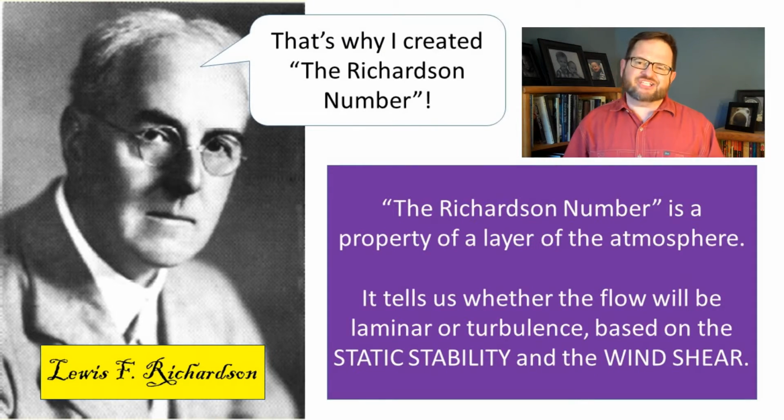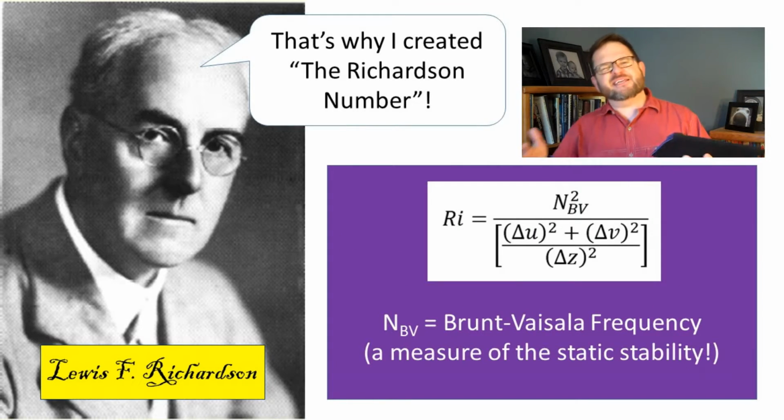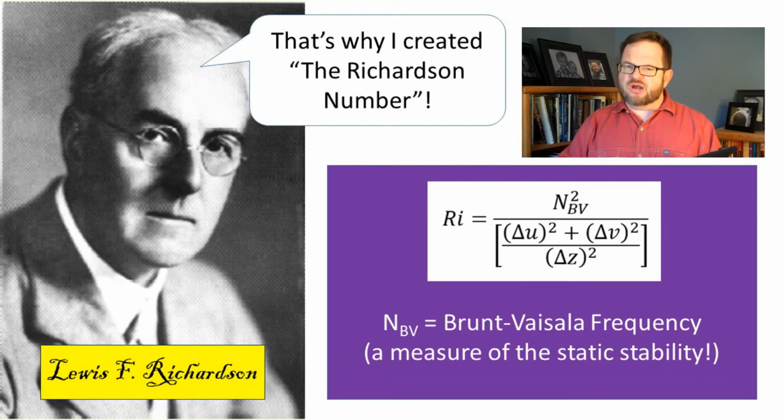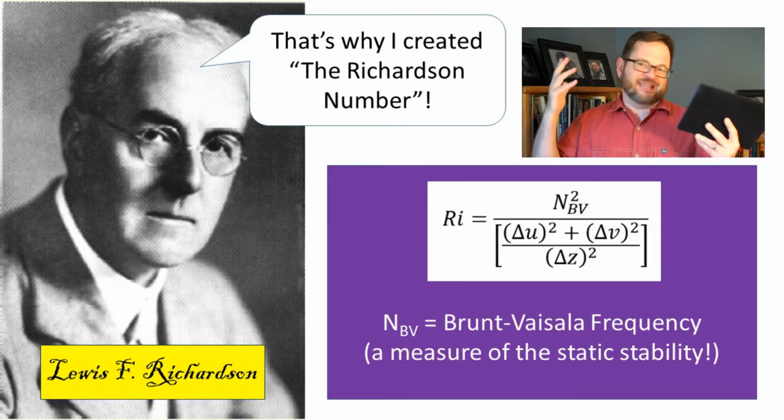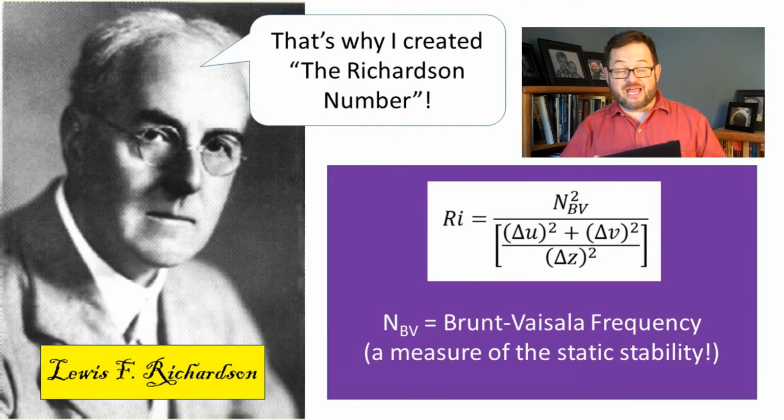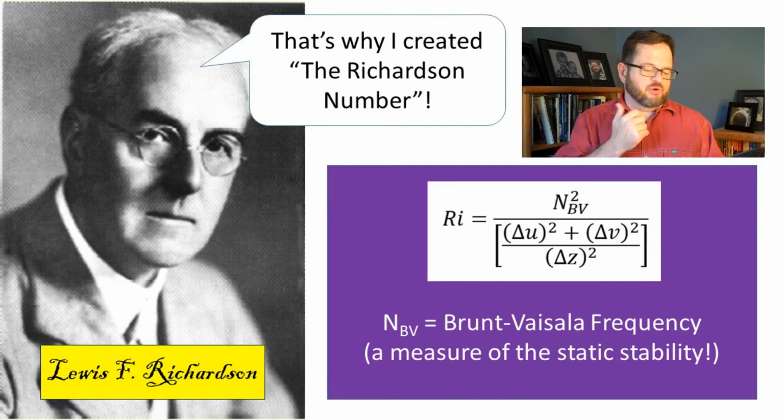The Richardson Number can actually be written lots of different ways. But it is just a dimensionless number, meaning it has no units. And to keep things a little bit simpler, I chose this form. Again, the book I got this stuff from had like 7 different forms for students to derive of the Richardson number. That didn't seem so useful. Here, if I look at this definition, the Richardson number is a big ratio. It's a big fraction. There's a numerator and a denominator, and the numerator in this form is just the Brunt-Väisälä